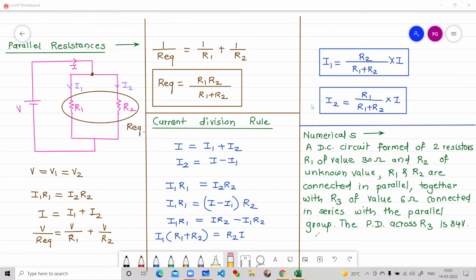If the total power in the circuit is 4312 watt, calculate